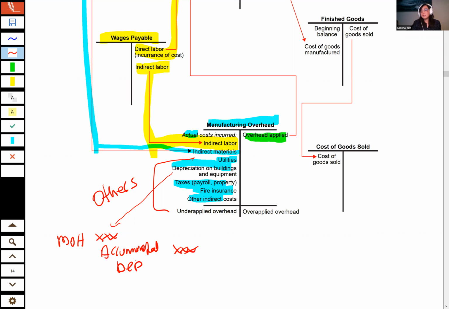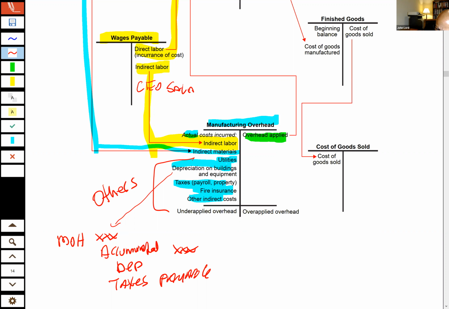Property tax expense? No, why would you credit tax expense? Expenses are increased by debit. Taxes payable, right? Taxes payable or cash. Okay, let's just say taxes payable to keep it clear that it's the taxes. Okay, good. So again, I'm pointing out that there would be these credits, utilities payable, whatever, and the debit, instead of going to expense like what we're used to in a retail entity, for a manufacturer it's going to manufacturing overhead, right?